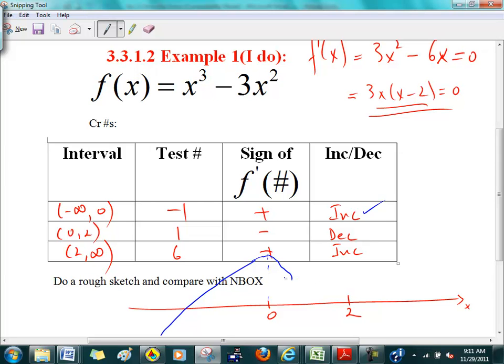And it's going to continue decreasing until I hit my next critical number, which is out here. And at that point, it's going to increase. Notice that my y value, I have no clue as to whether this is a 3 or a 5 or an 8. But the shape is all I'm interested in, and where the turning happens. So notice that at the critical numbers, the tangent line is